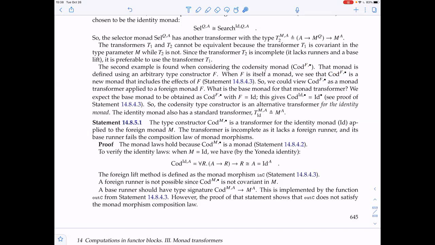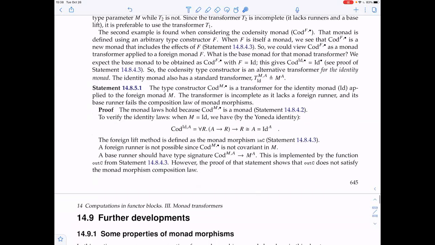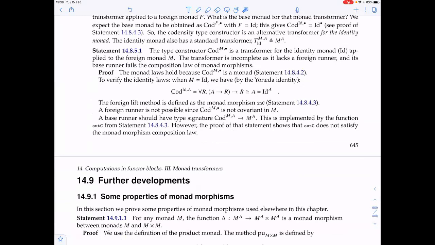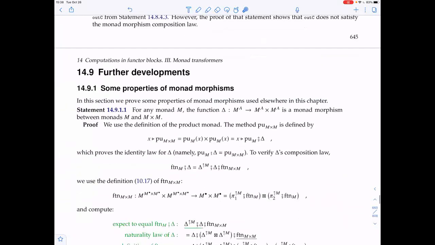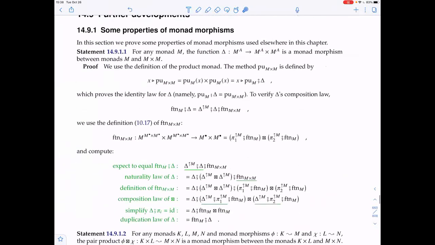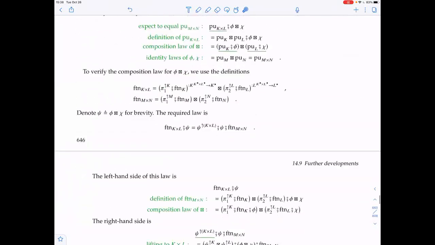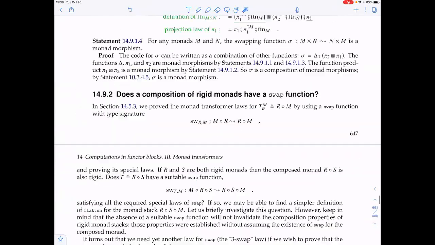It turns out it's a transformer of the identity monad. So it's the identity monad that has two different transformers. It has a standard transformer, which is just a foreign monad, and it has a second transformer, which is a codensity. So that is a kind of weird situation, but yes, there are some monads that have more than one transformer, but they're not equivalent. So this concludes the monad transformer derivations, and then I have some further